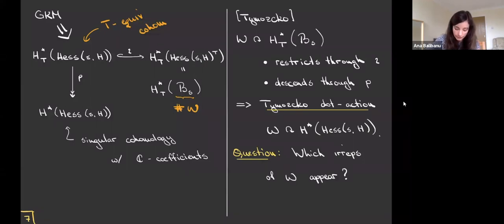Okay, one can define in a combinatorial way an action of the Weyl group on the equivariant cohomology of this Grothendieck-Springer fiber that is made up of the T fixed points on the Hessenberg variety. And Tymoczko showed that it restricts through I